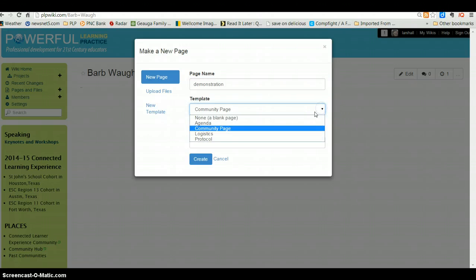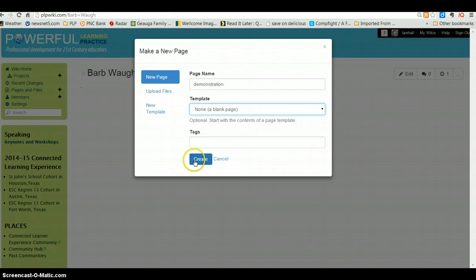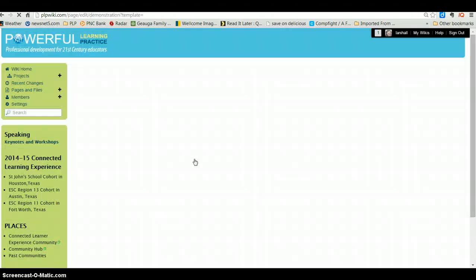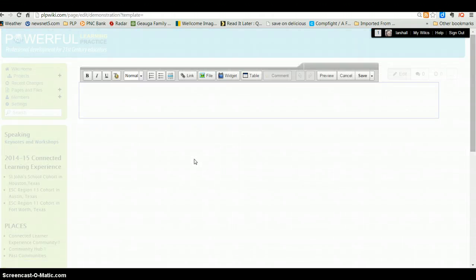And I want it to be a blank page, just like yours. And I'm going to create it. Now, when you click on Edit, you're going to see a menu bar, similar to Google Docs, similar to Microsoft Word. Okay? It will always be at the top. I'm going to put in some text. This is a test. Okay, now, very much like Google Docs or Word, you can format that text. We can bold it, we can italic, we can do an underline,